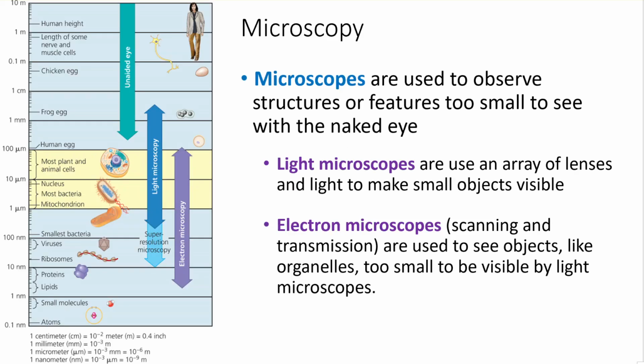Microscopy is a way we can use to look at cells. A microscope is basically an instrument that is used for looking at things that you can't see very well with the naked eye, or at all with the naked eye. And we have different types of microscopes. Light microscopes are what you would commonly find in a laboratory class, in which you would be looking through this microscope at